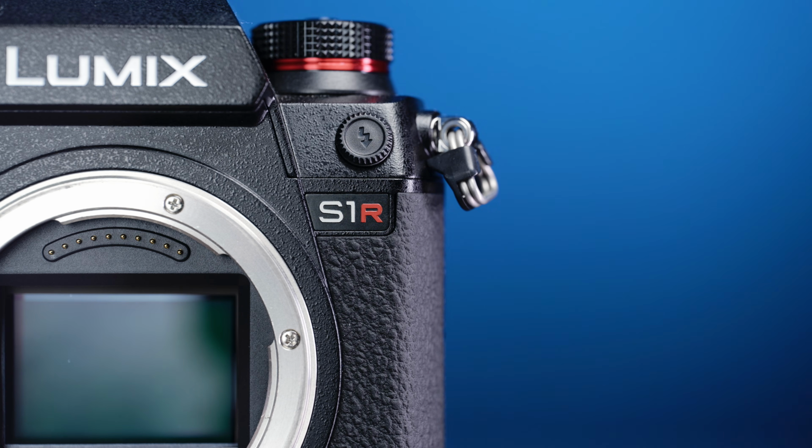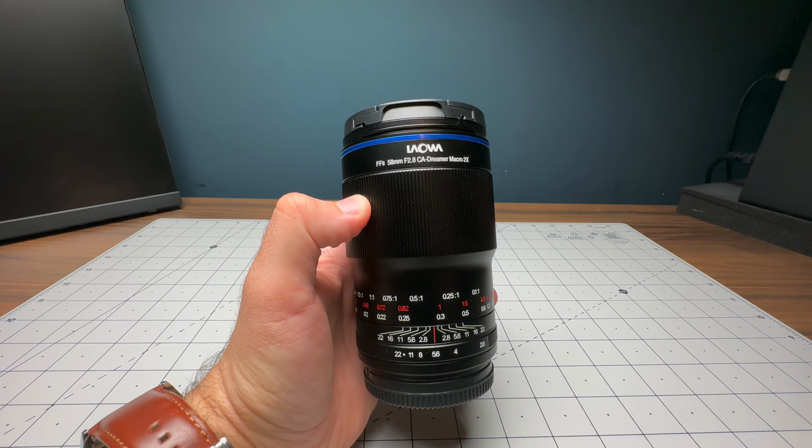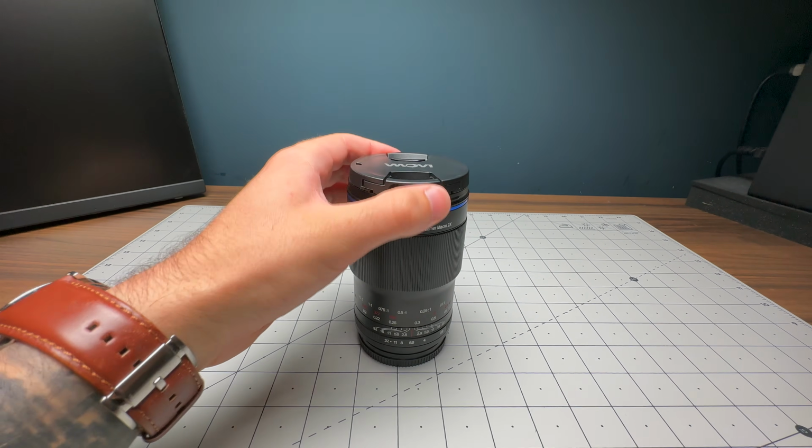I think that's something that people sometimes don't realise with macro lenses. They can still be used at normal distances, but with the added benefit of violating the personal space of any object within reach. I actually think that this lens would be a great entry point for those who have always wanted to shoot some macro photos and videos, since it's not nearly as extreme as a 90mm macro lens, and like I said earlier, the 58mm focal length is still versatile enough that it can be used across the board for